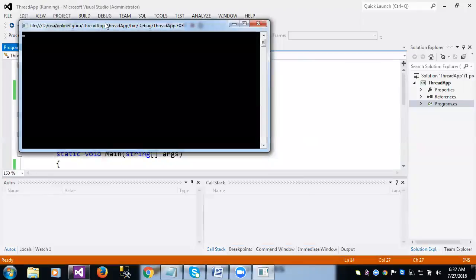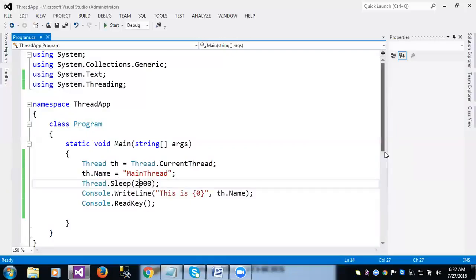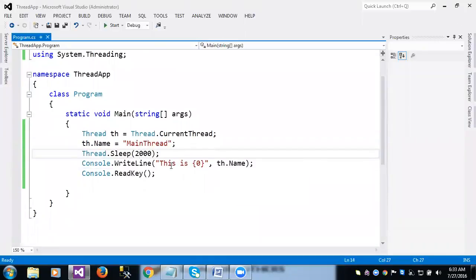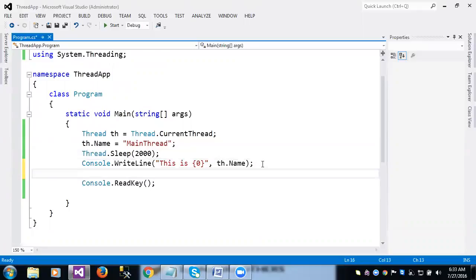It will not come immediately; after 2 seconds, that process is executing. After 1 second,